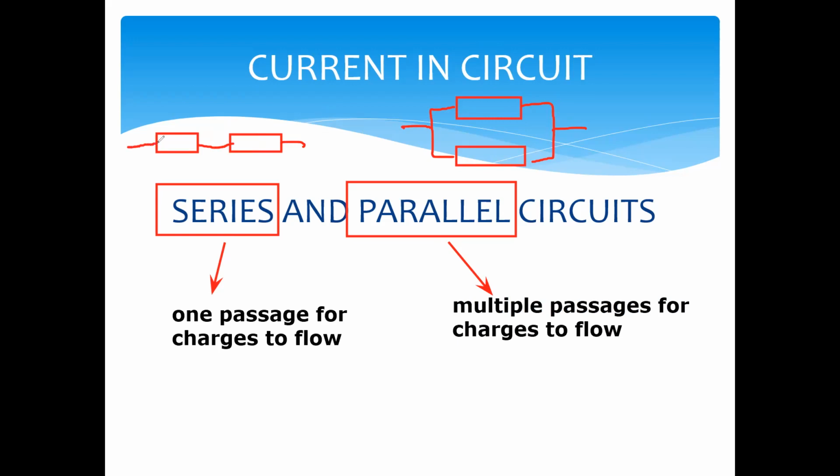when there is only one passage for the charges to flow, what do we call this type of passage? We call that a series. But if there are multiple ways for the charges to flow, charges can flow many ways, what do we call that? Parallel. So when we work out what happens in a circuit, like if we have a series or a parallel circuit,